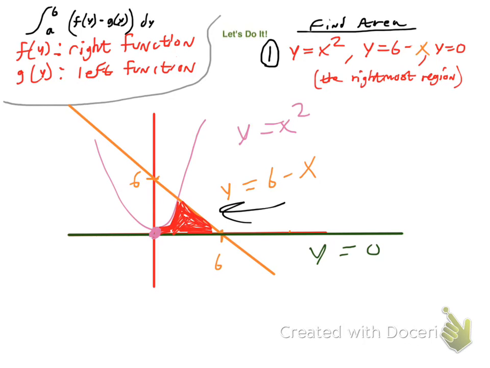And g of y, being the left function, would be the purple curve. Okay, cool. So first, that's the right curve. The problem we have here is that it has to be in terms of y, because it's f of y, and this is in terms of x. So you have to get it in terms of y. So when you do that,